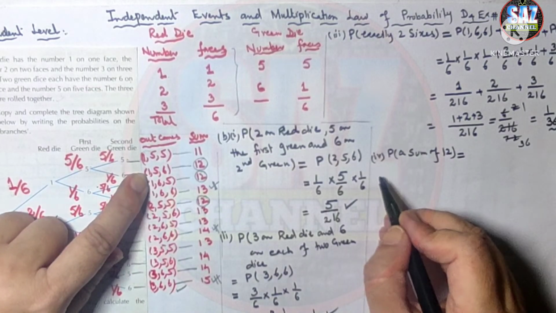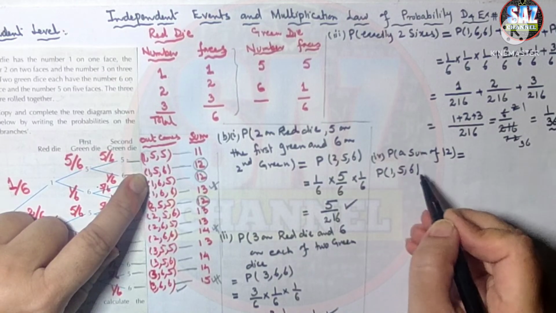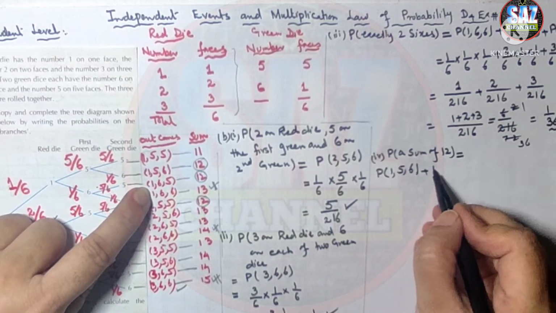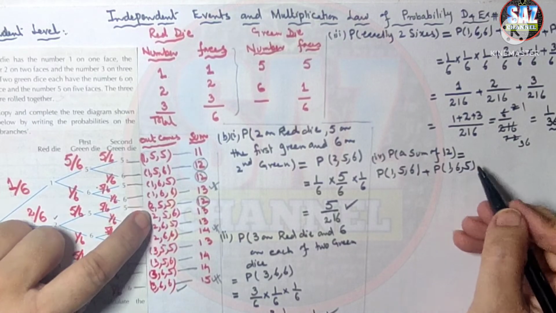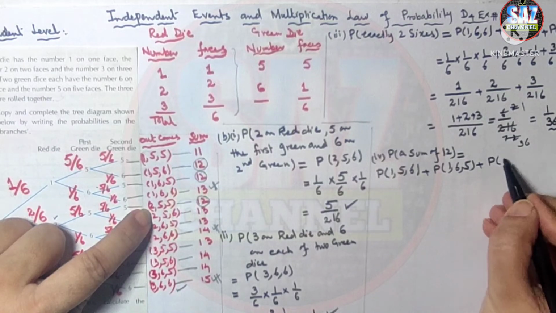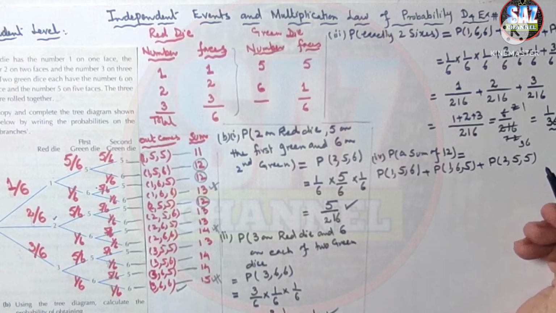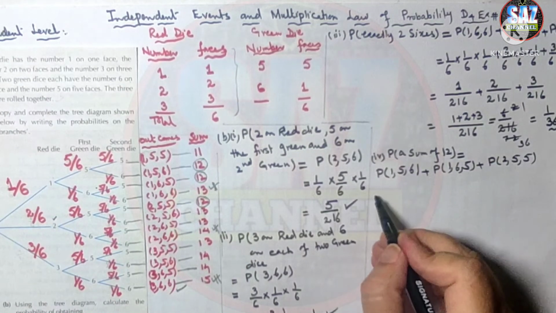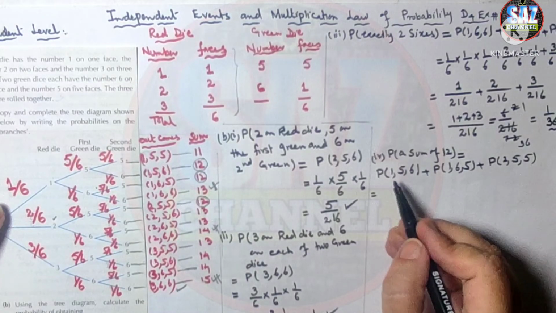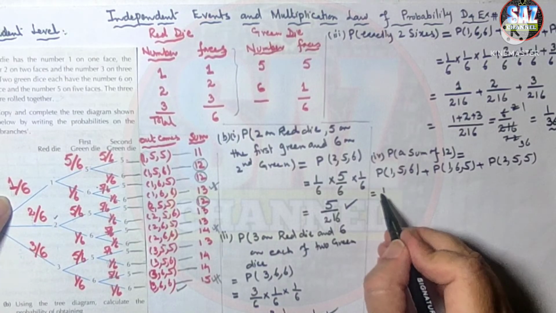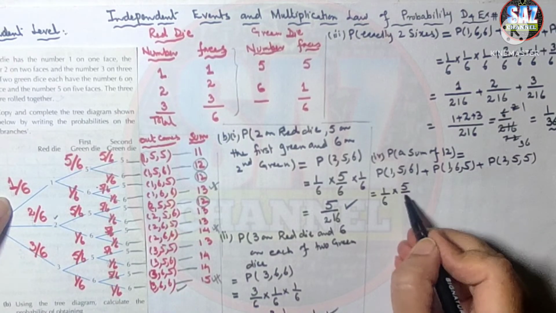Probability of 156 plus probability of 165 plus probability of 255. These are the outcomes, the situations which are giving us the sum 12. And now what we have to do is that 1 from the red dice has the chance 1 by 6, times 5 by 6, multiplied by 1 by 6,